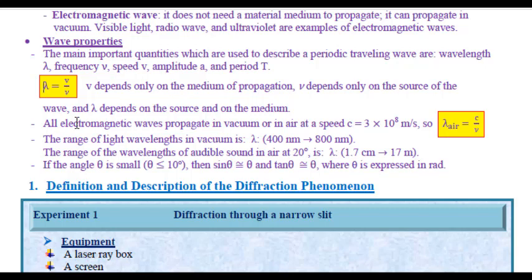V depends only on the medium of propagation. Frequency depends only on the source of the wave, and lambda depends on the source and